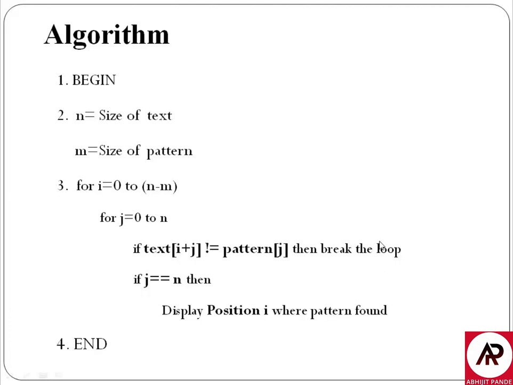And if this is not the case, it means that all the characters present in the pattern are similar to all the characters present in the string. In that case we can say that the pattern is present in the string at that location. The location is given by the starting address. So the starting address denotes the location or the position where the pattern is found. The overall complexity of this algorithm is given by big O of N minus M plus 1, because we start from 0 to N minus M. That's why N minus M plus 1. This is the overall complexity of this algorithm.